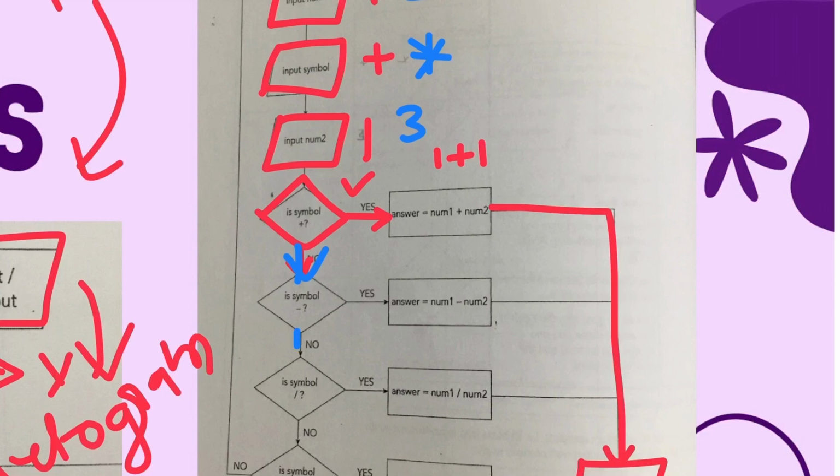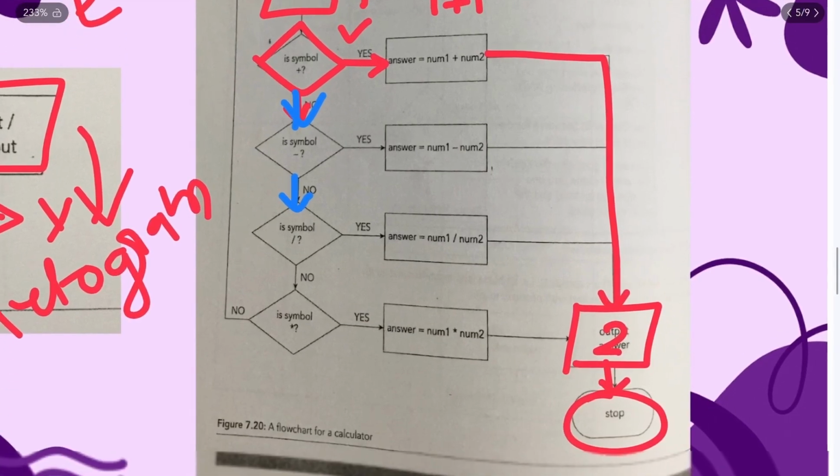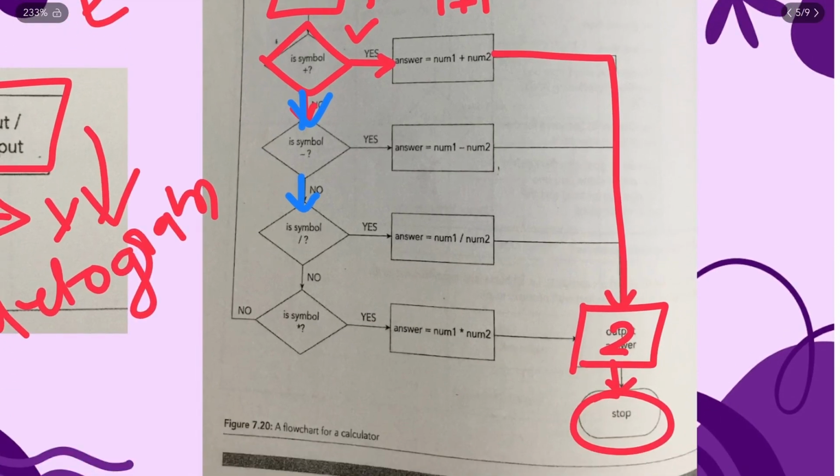And then they ask you again, is symbol minus? No, so it goes down again. And then is symbol divide? No, and you go down again. Is symbol multiplication? Is symbol star? Yes. So we go there and they give us our answer as num1 times num2, which is 2 times 3